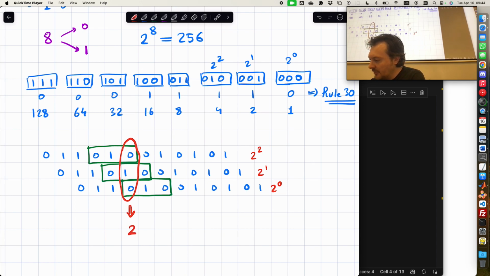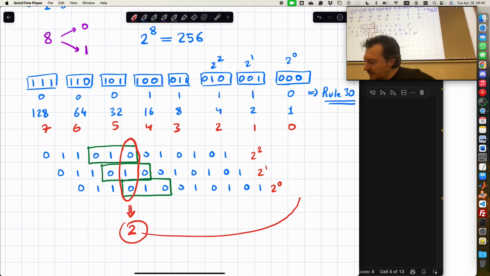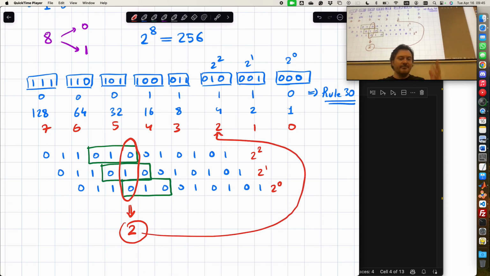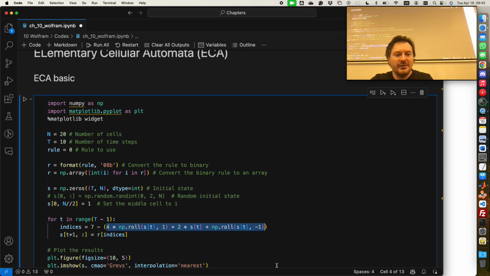Then I go to here. Where is 2? Give me a moment. 0, 1, 2, 3, 4, 5, 6, 7. 2 is here, so I apply that rule. Never mind, it's coding, right? You can figure it out.